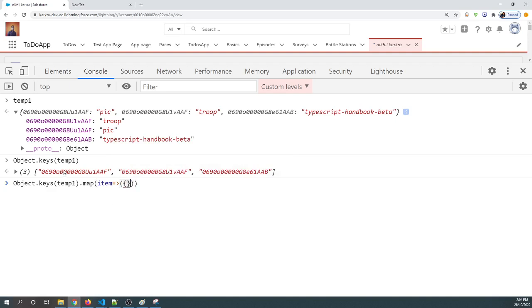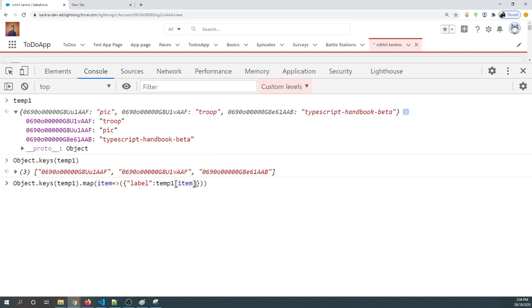Each item is a record ID. So we'll generate the label as a key, and the label is temp1, that is this whole object, of item. If I say temp1 of this ID, it gives me the label, and item is the ID basically.